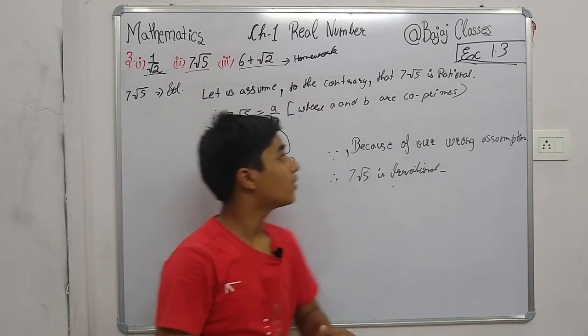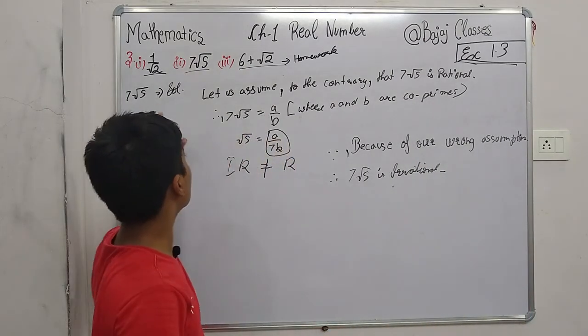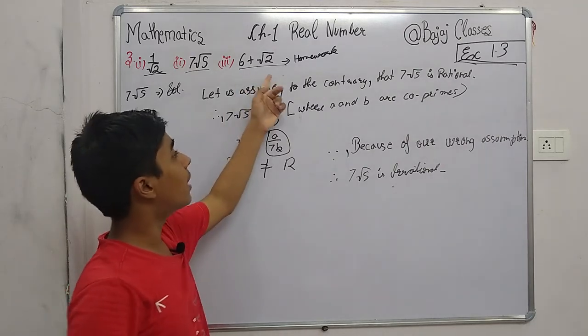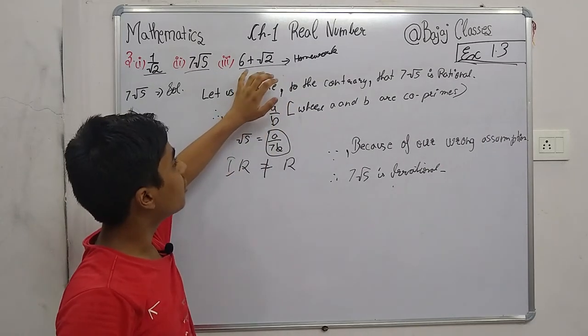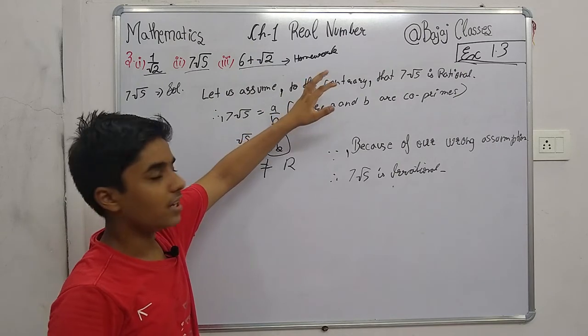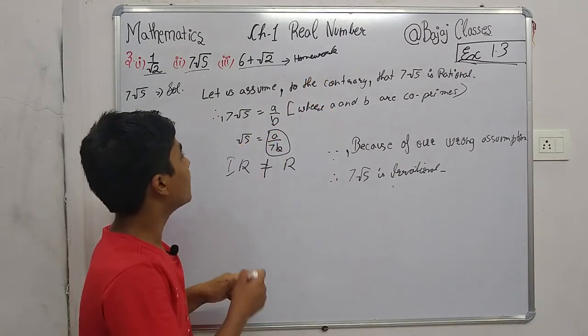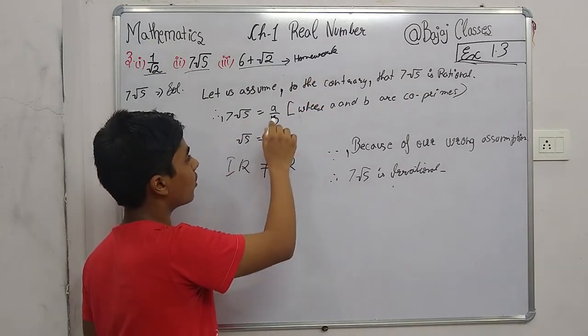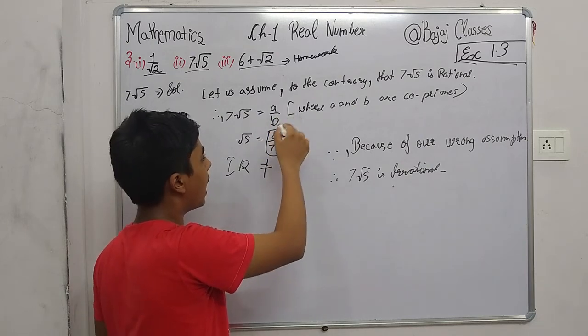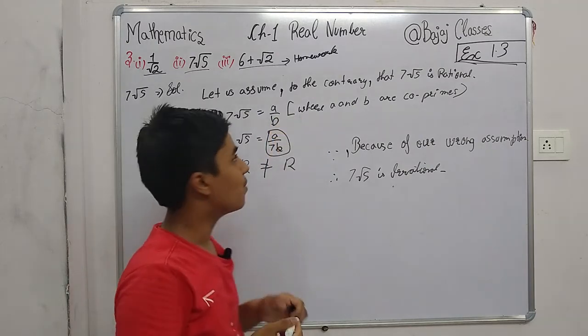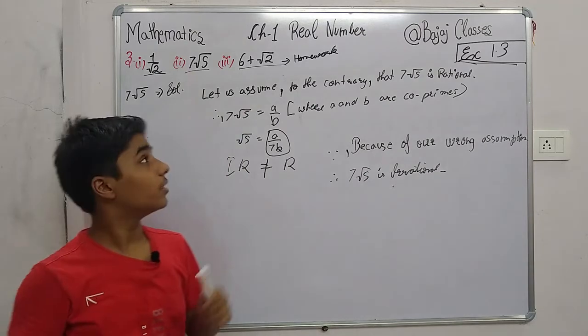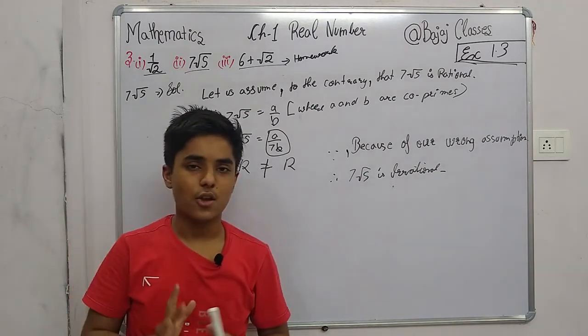So in this video I completed the second question and the first and second parts of the third question, and this third part is your homework. What you have to do is take this 6 in the minus form there, a by b. If you think this is 6, then you can take it as minus 6, and by taking the LCM this will be so simple.